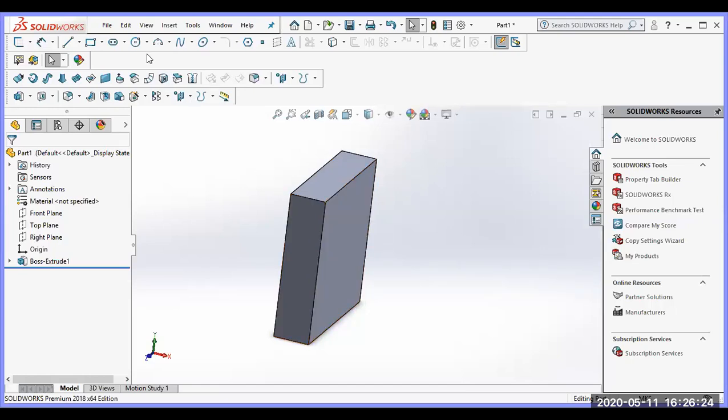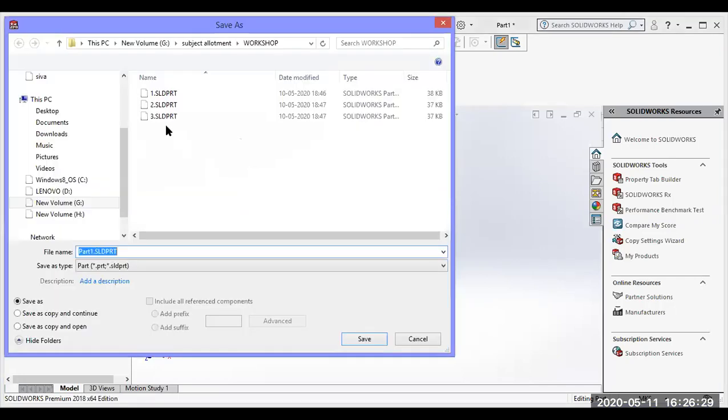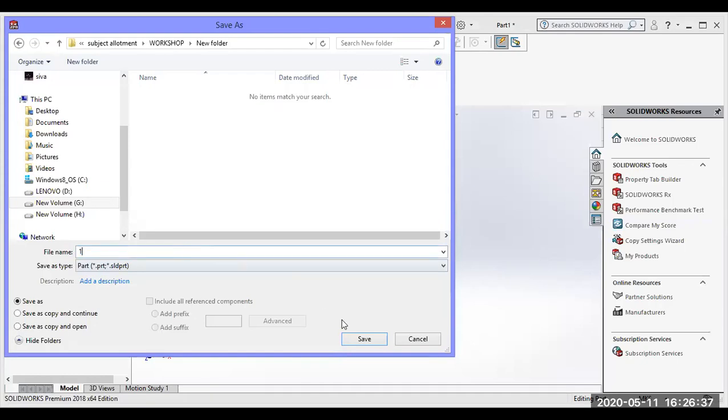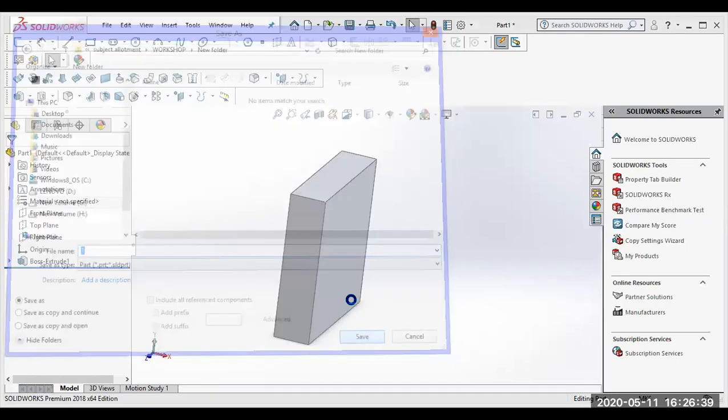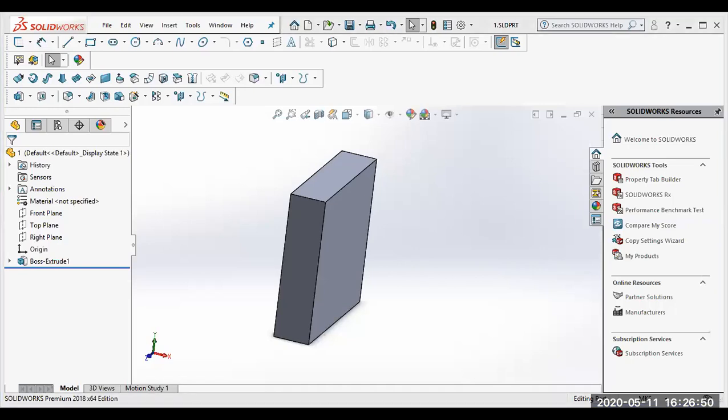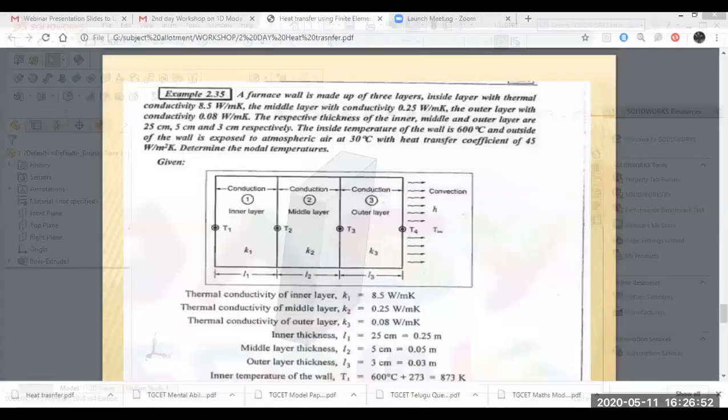Now save this file. I am creating a new folder. Part 1, file name I created 1. Now the second part, the same part. What is the second part dimension? The second part dimension is 0.05 meter.